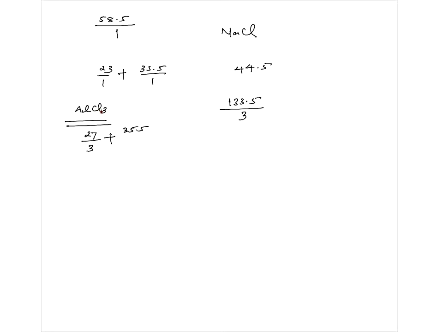Well, it really makes no difference if you choose to do it in this manner, 35.5 into 3, because there are 3 ions, mass will be this much. But then you will also have to divide by the total charge. Total charge will be -3. So it doesn't matter basically. There may be several chloride ions, but if you just consider one ion, it works just the same way. 35.5 divided by 1 is same as 35.5 into 3 divided by the total charge 3.